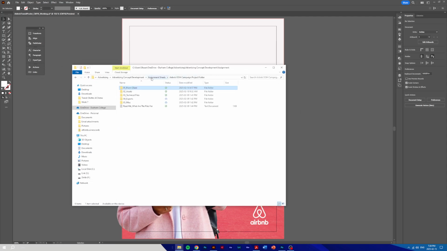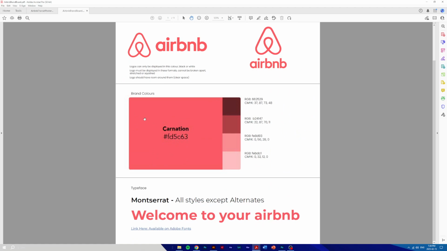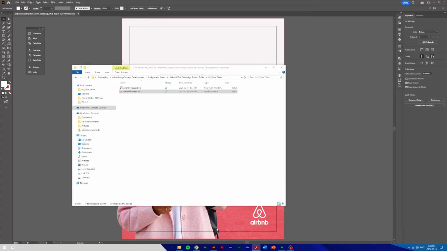And just to remind you, under the Airbnb out of home campaign folder that I gave you for assignment 3, there is a folder with all these different files in it. So under from the client, there's a brand board file here. This will tell us all the information we need to know about the brand. So it gives us the brand color, which is great, and it tells us the typeface. So I'm going to be using Montserrat,